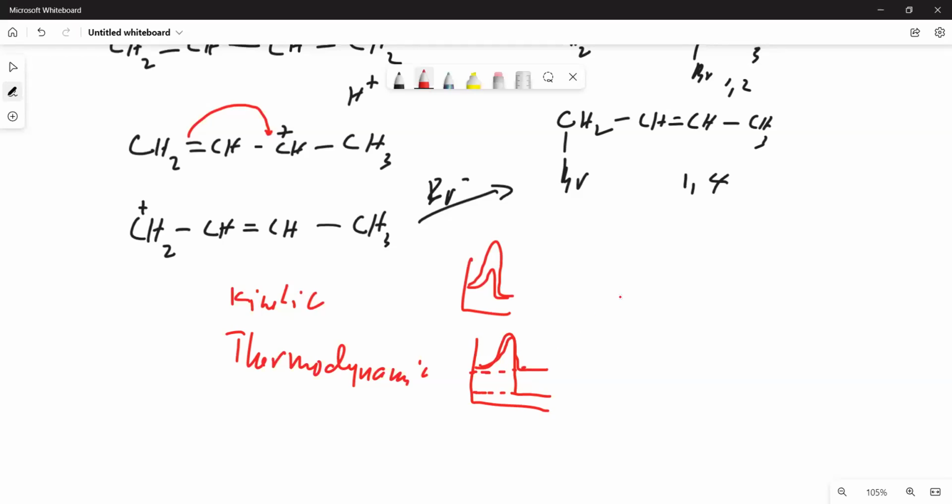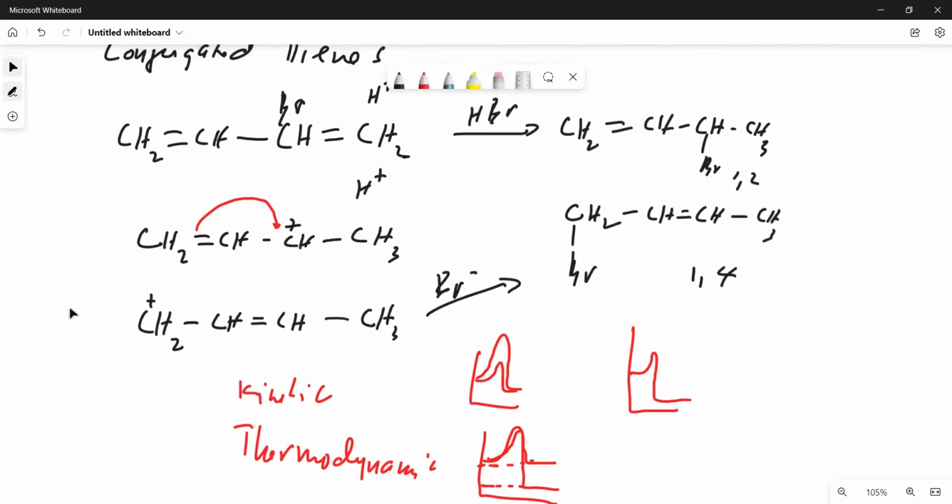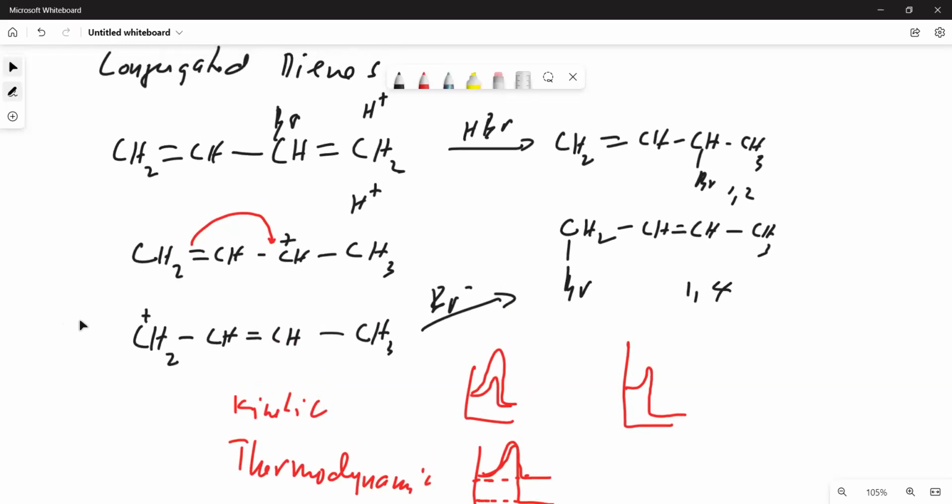So there are reactions that have very low activation energy and a very stable product, so there's no need to control the reaction conditions. But some reactions, like conjugated reactions, have to be controlled. One will become the dominant product depending on the conditions. Now, the 1,2 product is usually a kinetic controlled product. It will always be a kinetic controlled product.